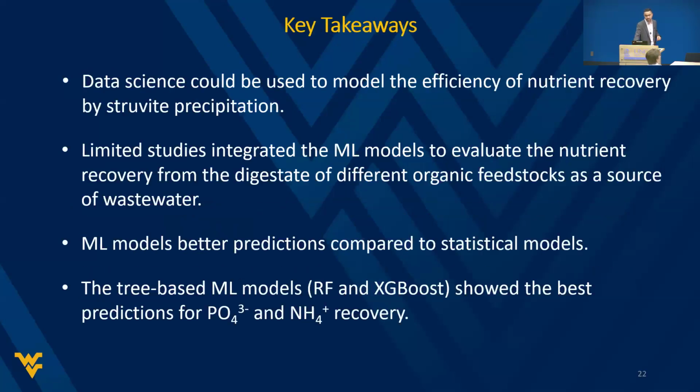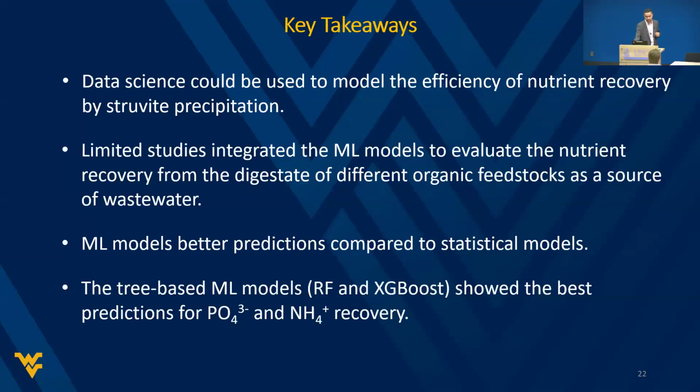Key takeaways: data science can be used to model the efficiency of nutrient recovery by struvite precipitation. There are limited machine learning models developed to predict nutrient recovery from digestate as a source of wastewater. Machine learning models give better prediction than the statistical model, and the tree-based models, random forest and XGBoost, show the best prediction